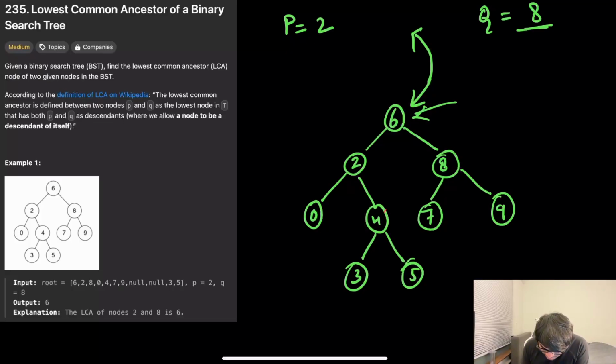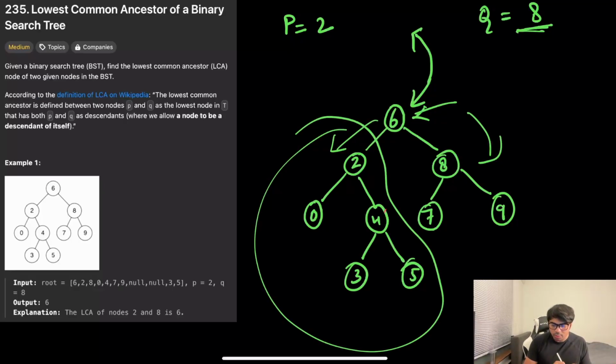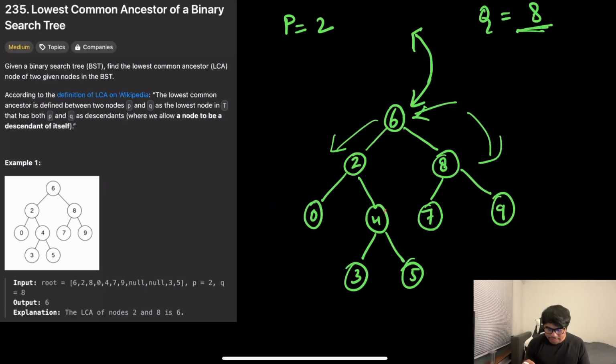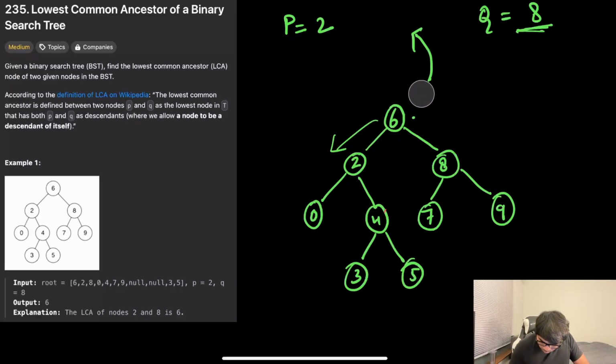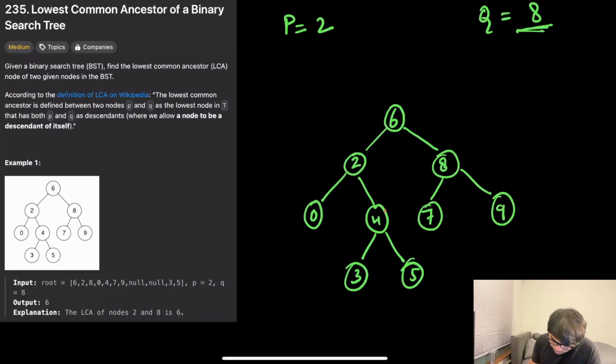The reason is, if P is less than 6, then it's going to be in the left subtree, and if Q is greater than my root value, then it's going to be in the right subtree, right? You're not going to find it on one side, because all these nodes are going to have values lesser than 6, which is the root node. So you have to understand that the pruning will only happen when my root node is either lesser than both P and Q,